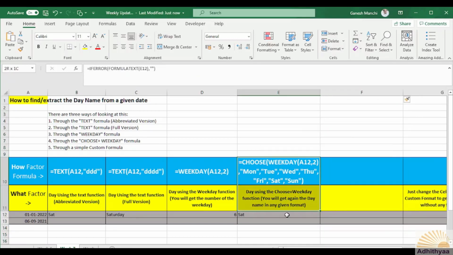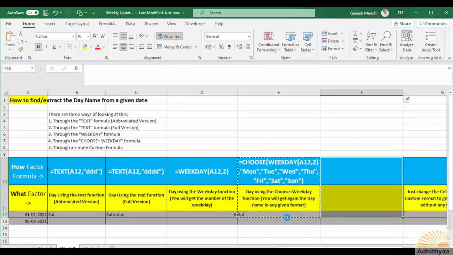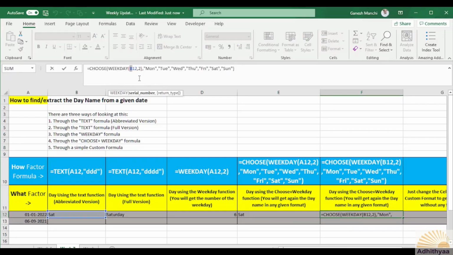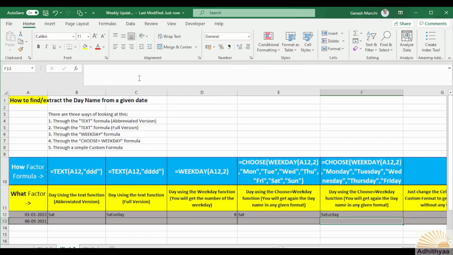I'm going to say the same thing here, copy and paste it, and then followed by, I'll just simply change this cell reference as A12, and then instead of Mon, I'll say Monday, Tuesday, Wednesday, Thursday, Friday, Saturday, and Sunday. Now you see, you got the full version of Saturday here.